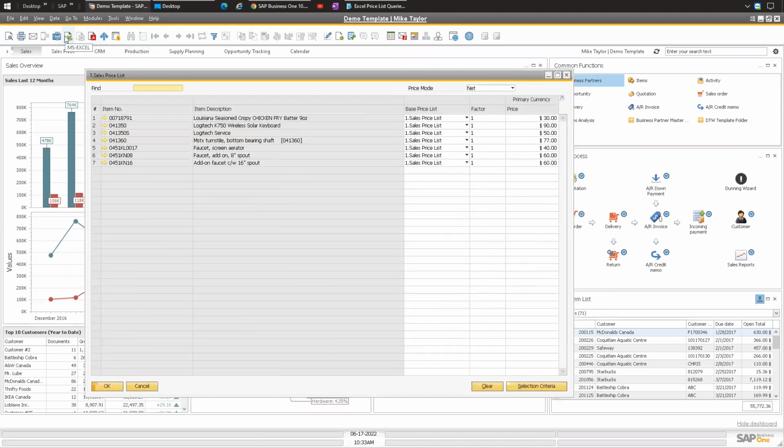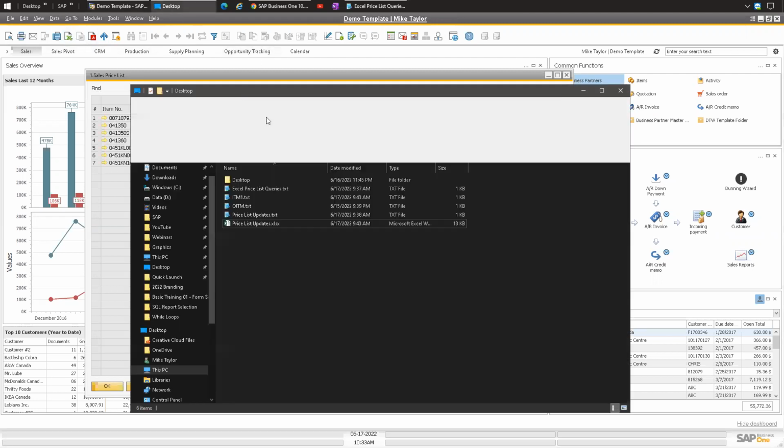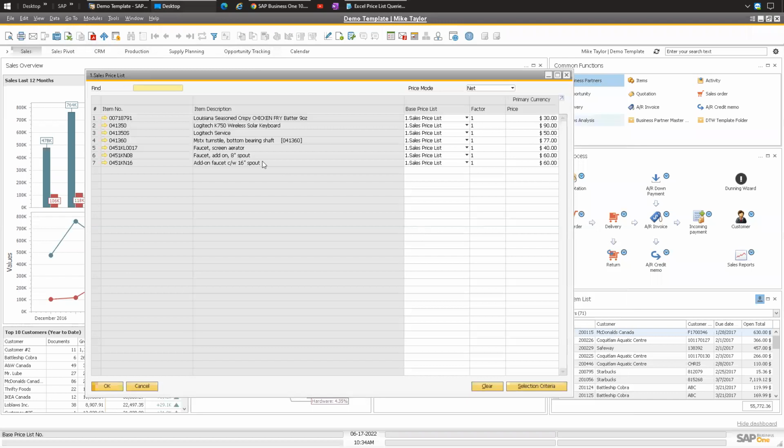So if you're constantly using this MS Excel feature, especially if you're a cloud customer, I really recommend you stop using it. If you take away one thing from this webinar, just go right click, copy table, and that puts this whole grid of information, or any grid or matrix from SAP, as long as you have the right version. I don't remember now when this started. Into your clipboard, and you can copy it from a remote desktop session